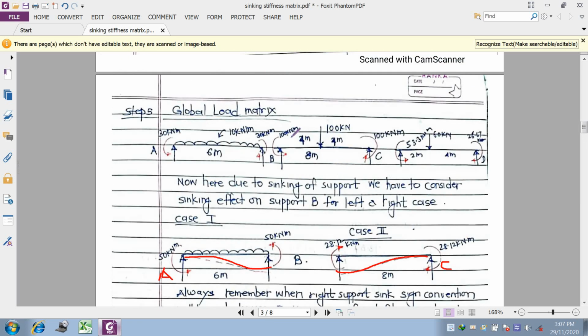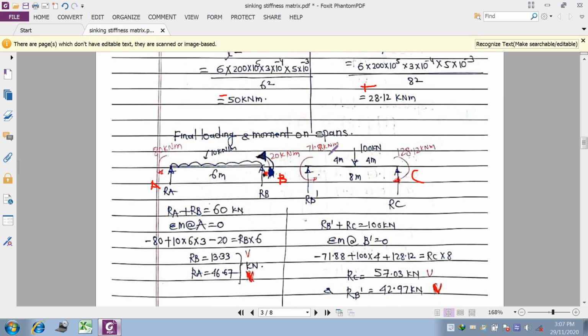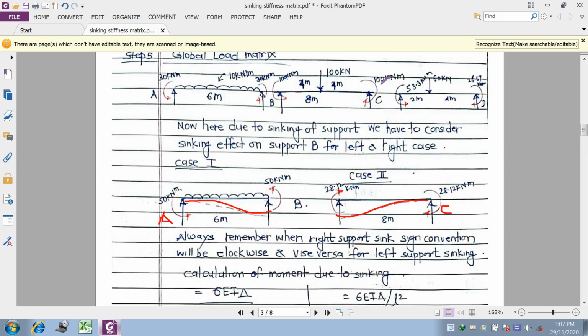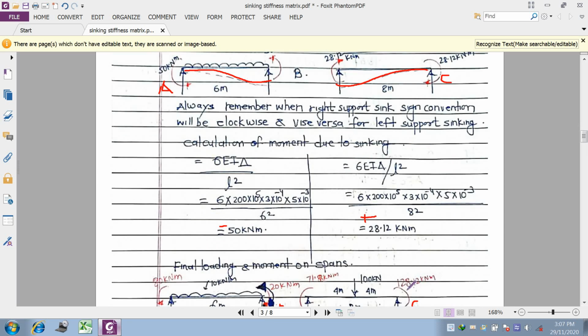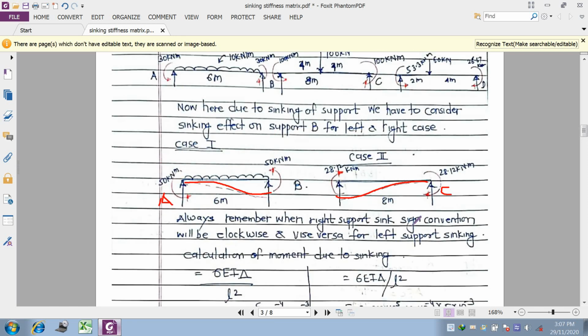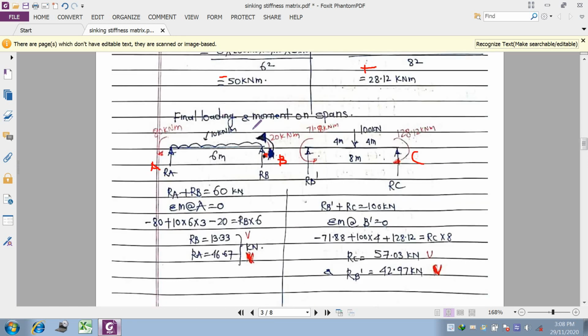Similarly here, minus 100 and minus 100 and plus 28.12, so the answer will be 71.88. Similarly here also 100 plus 28.12, that is equal to 128.12. Okay, so we have calculated the final